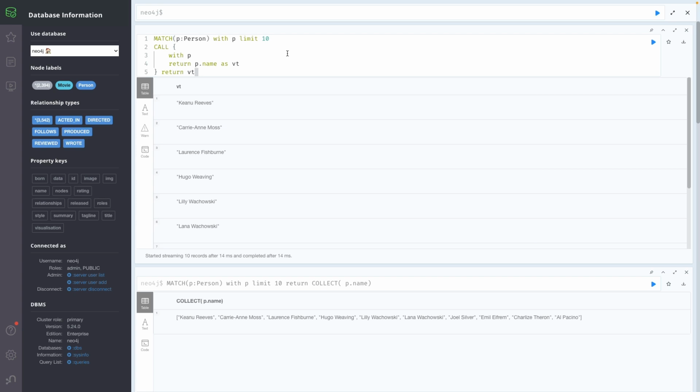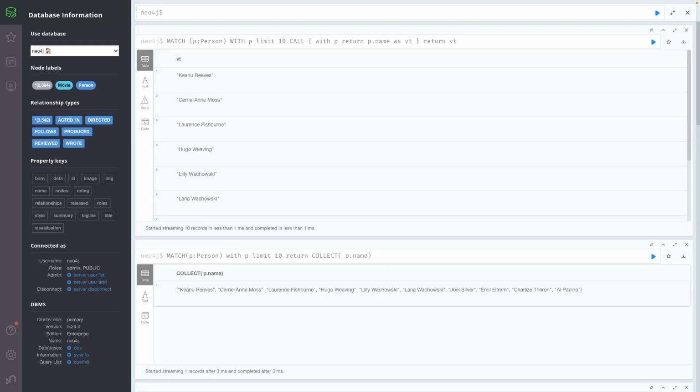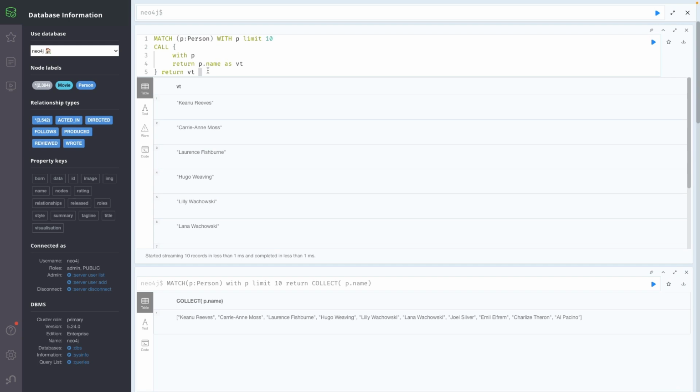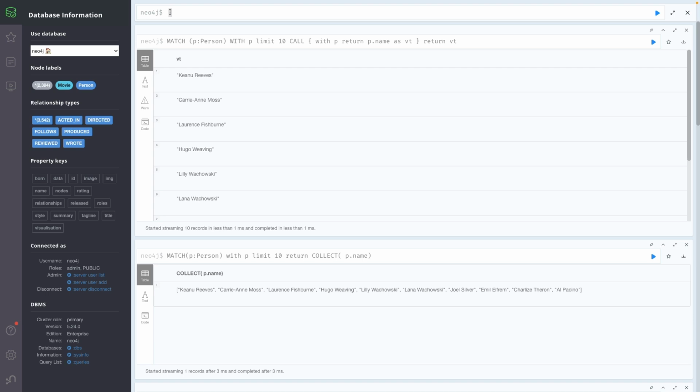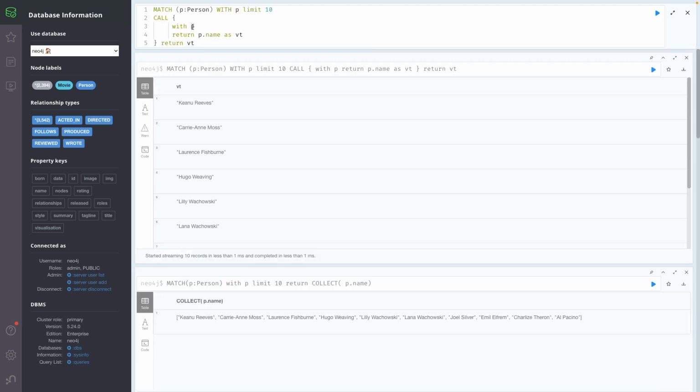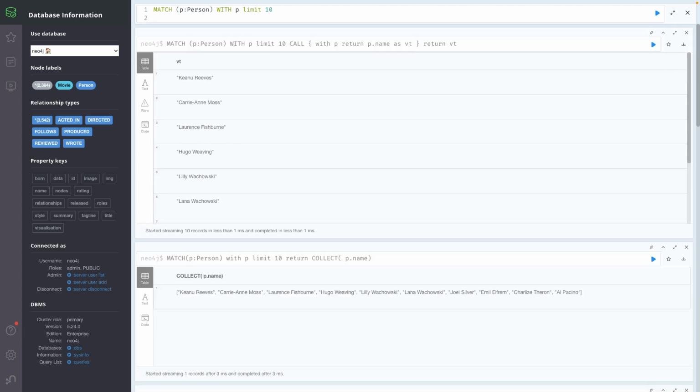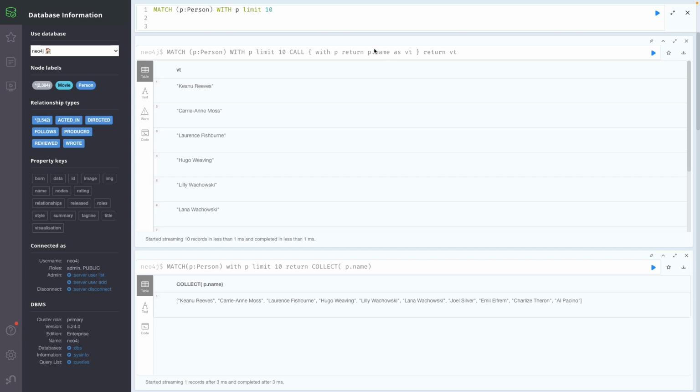So within this subquery, I can change the response or the way I'm rendering the data for better projection. So what I will do now, I will make this scenario a bit complex, and I will add a serial number on the fly and put the result in a subquery, and afterwards I will utilize that. So let's get rid of the code from the bottom, and I will use the collect keyword to calculate the length of my data. So what I will do, I will write here collect